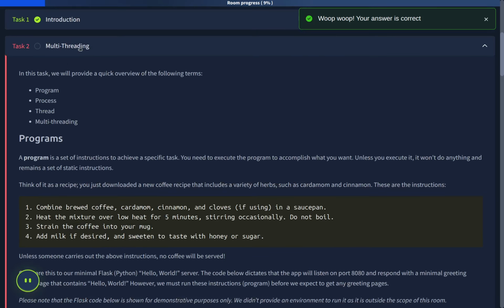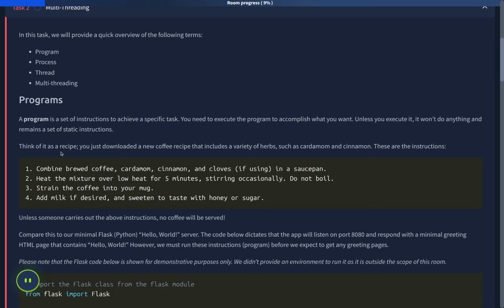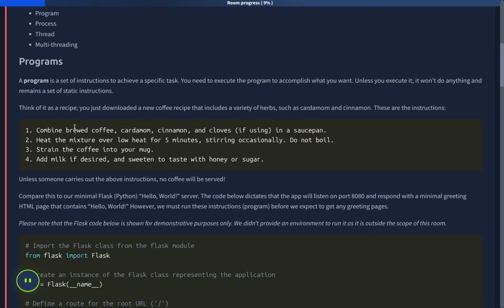Okay, next task. It's explaining a bit about multi-threading. If you haven't studied computer science, it's a bit hard if you have no fundamentals of IT, or at least of the CPU, I would say. Any gamer would know what threading is, or a programmer or software engineer. But if you don't know, it's like the parallel processing of a process, which is called multi-threading,